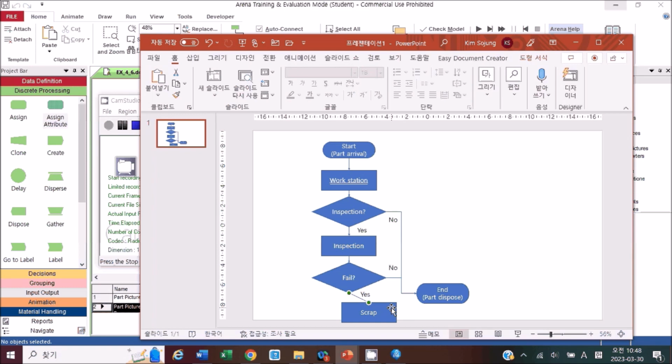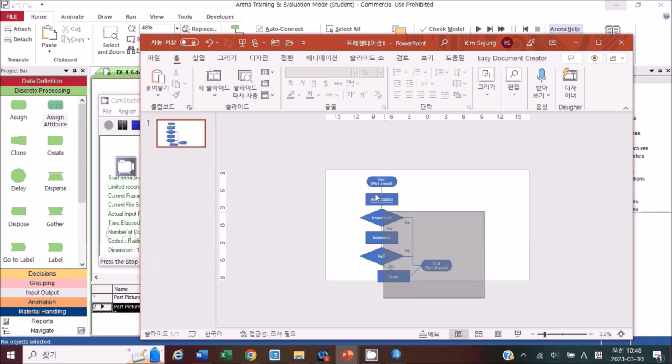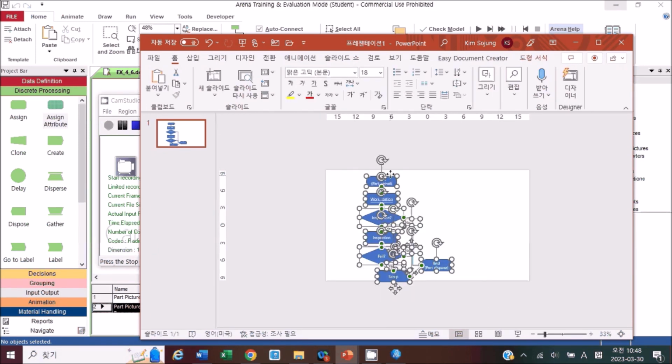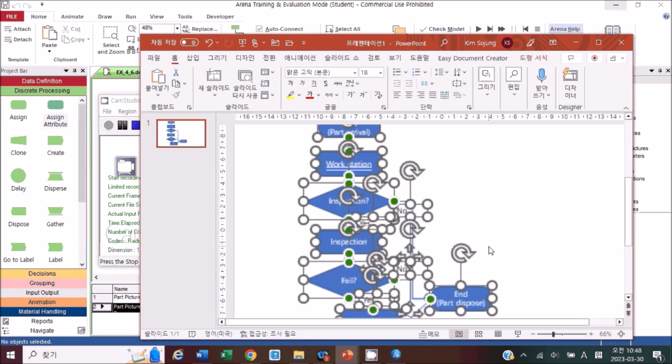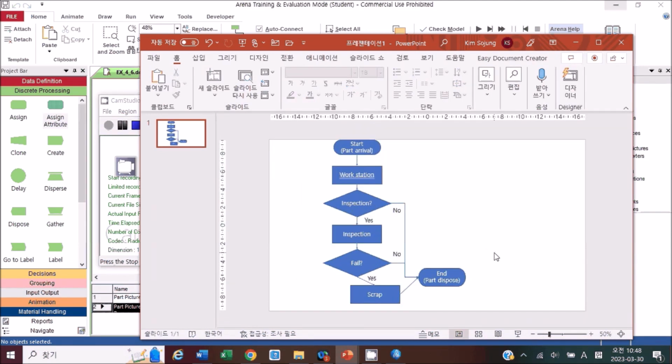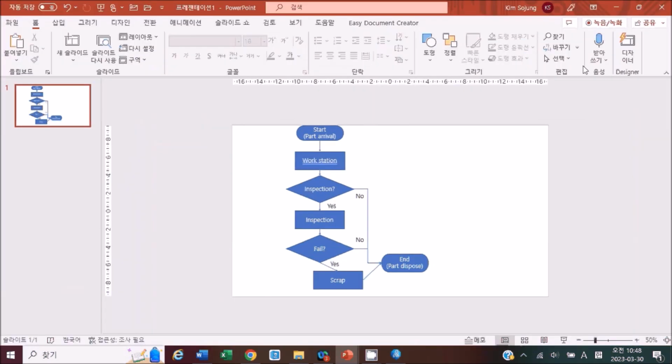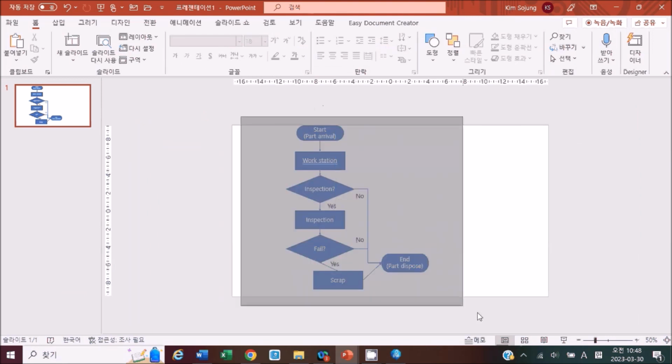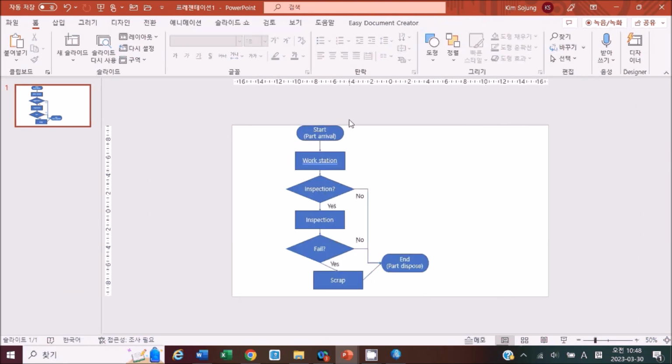And something like that, right? It's just slightly different from the simulation model, but according to the description, yes, we need to have this kind of flow of the part. Part will follow this kind of